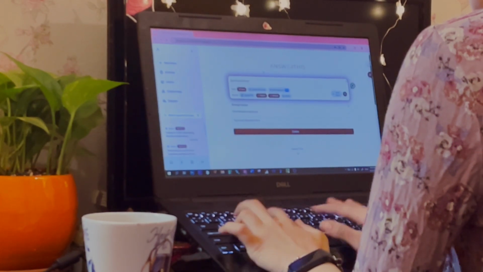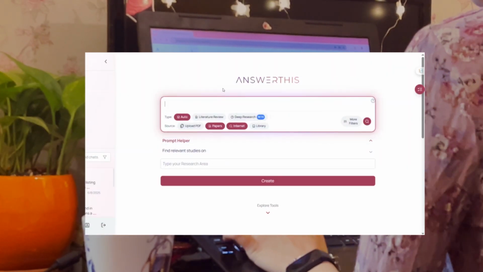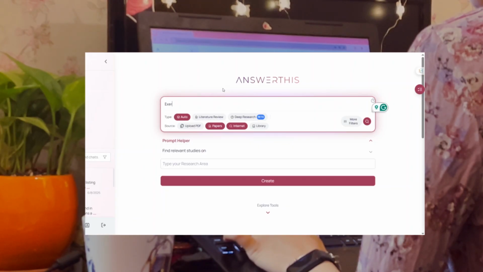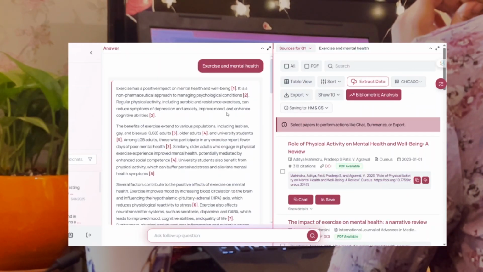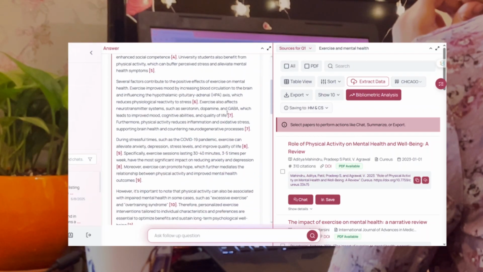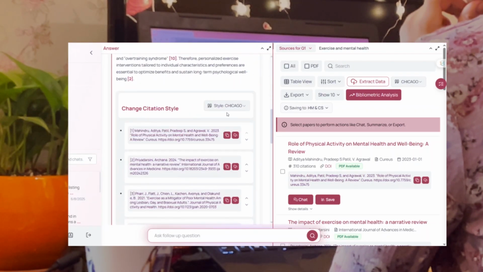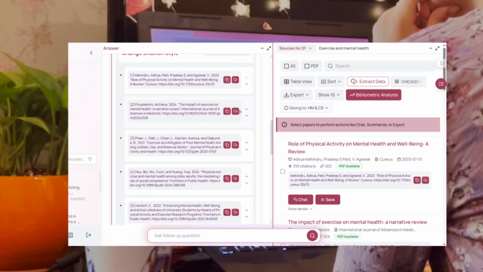Going back to the same interface, and I'm using the prompt helper, but this time to find relevant papers on the topic. I think this is a good place to start, especially for someone who's just brainstorming ideas and wants to read over some papers just to give you an overview of all the published literature, and it did just that. It provided me with a list of the relevant papers on this topic